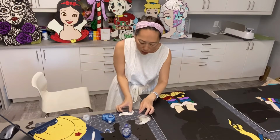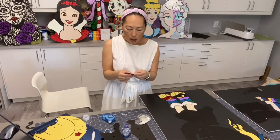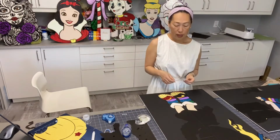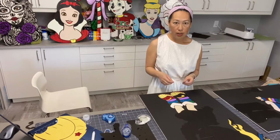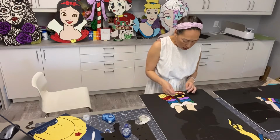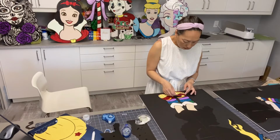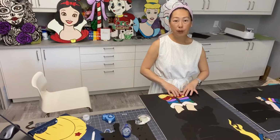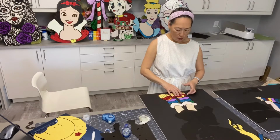And you know, once you tape it down, because we're just using double-sided tape, if you find that you need to put more tape on it later, you can just add it afterwards. It's not permanent. You just want to make sure though that you know